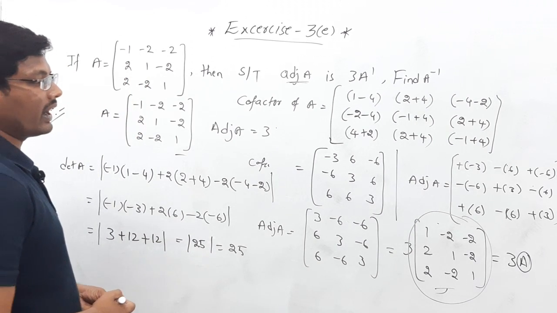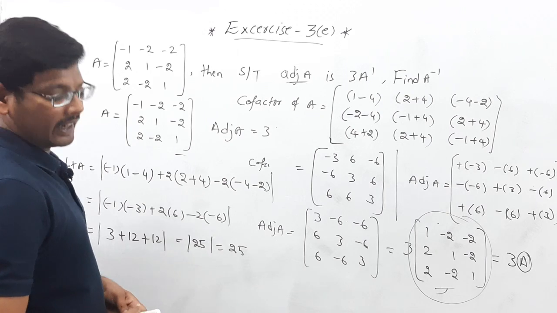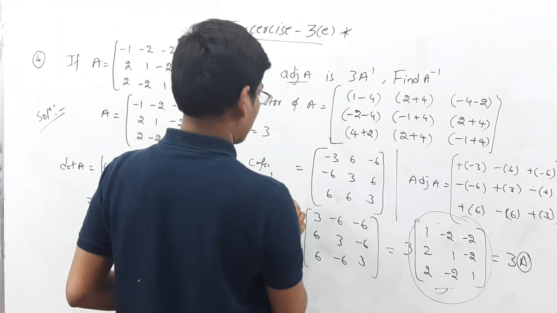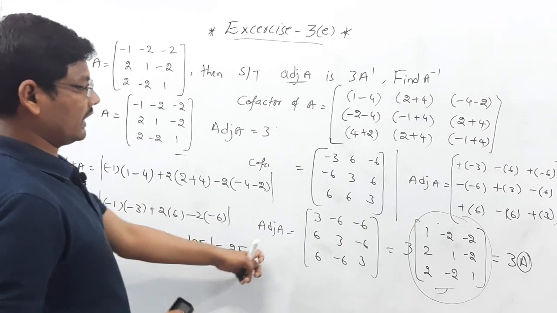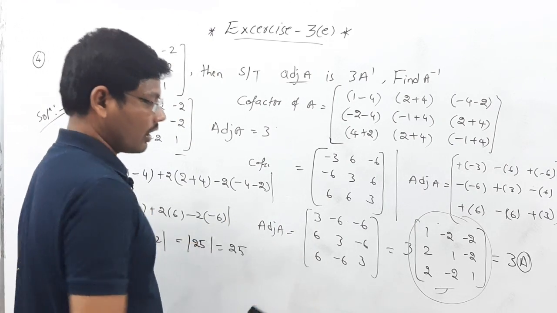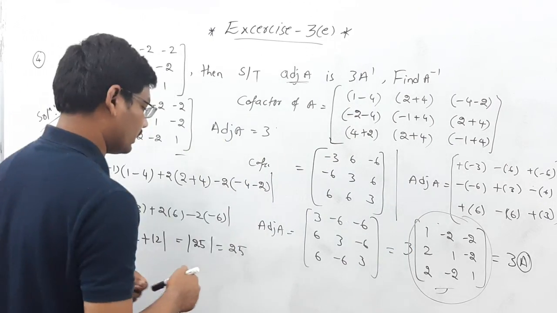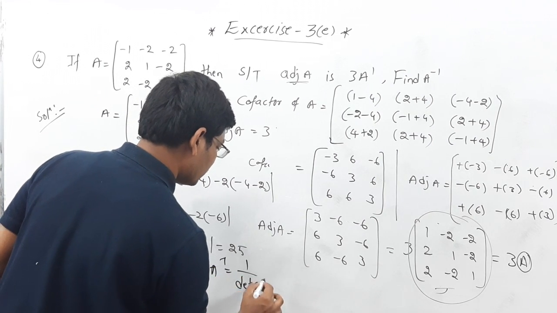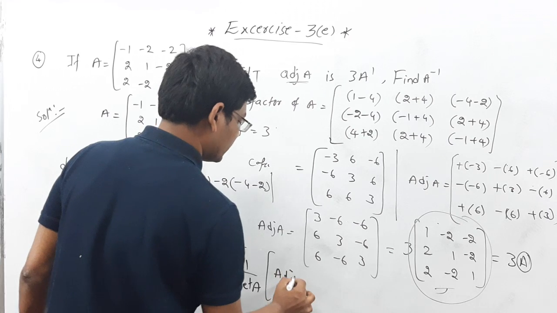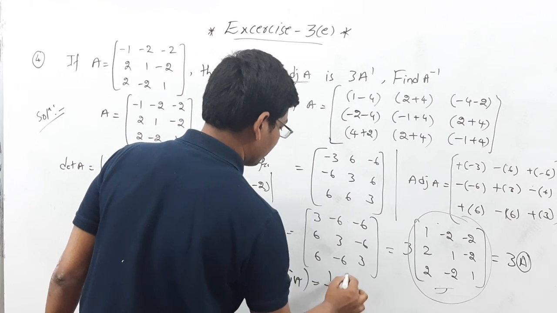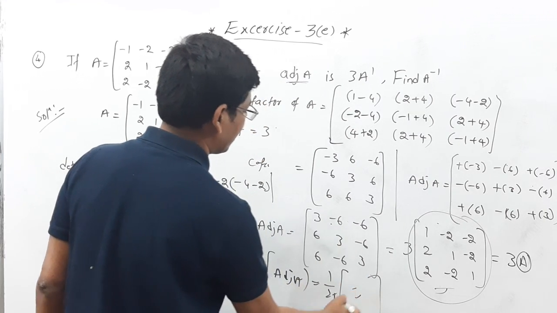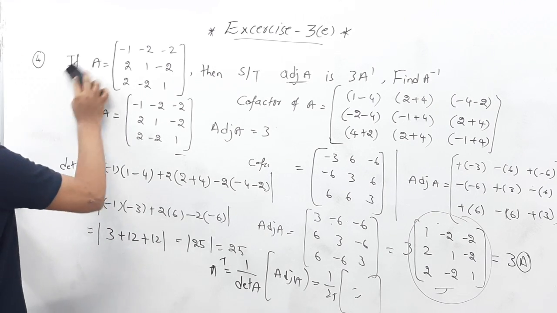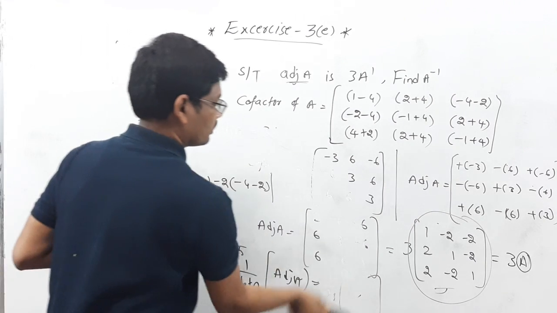Now let's find A inverse. A inverse is nothing but adjoint of A divided by det A. Now we need to find the A inverse. Let's substitute 1 by det A into adjoint A. Let's substitute 1 by the det value 25 and the adjoint of this matrix. You can write it here. This is the solution for this question. And the next question is,